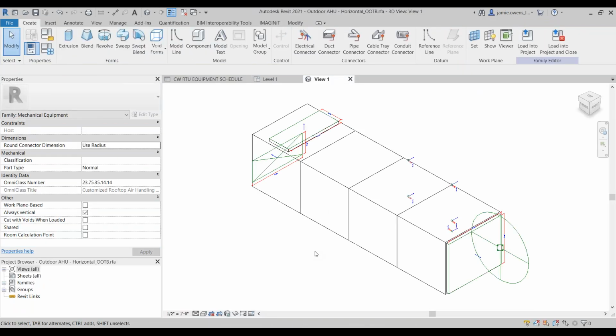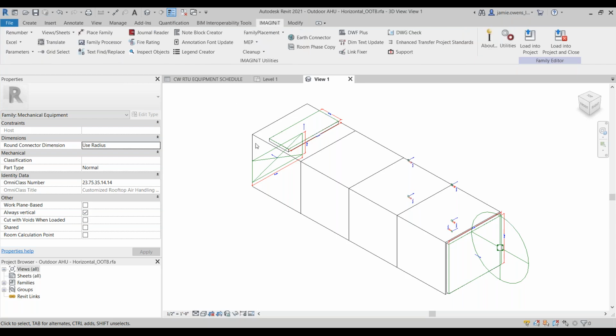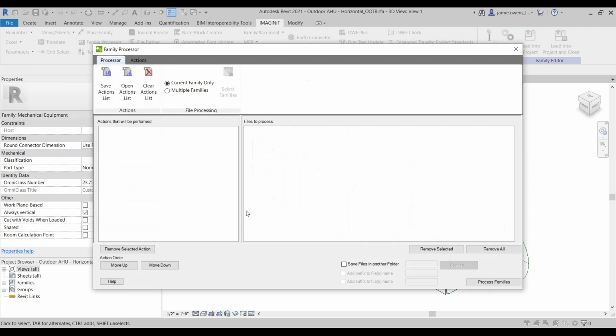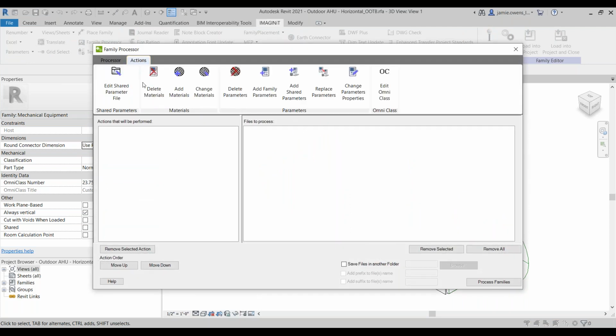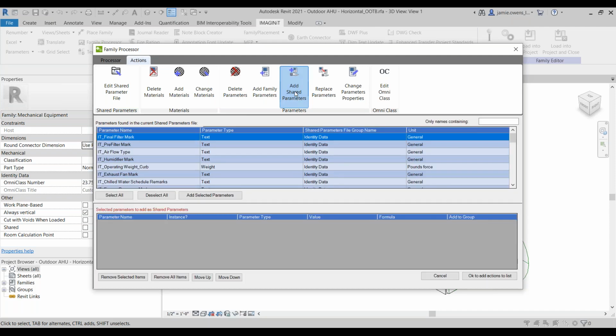So let's go back to that, using that Imagine utility again, that family processor. This time I'm going to go to actions and add shared parameters. I saw earlier, while updating and standardizing that content, I can add those parameters in one at a time. Adding the shared parameters, I still have to select which ones, but I can go through here